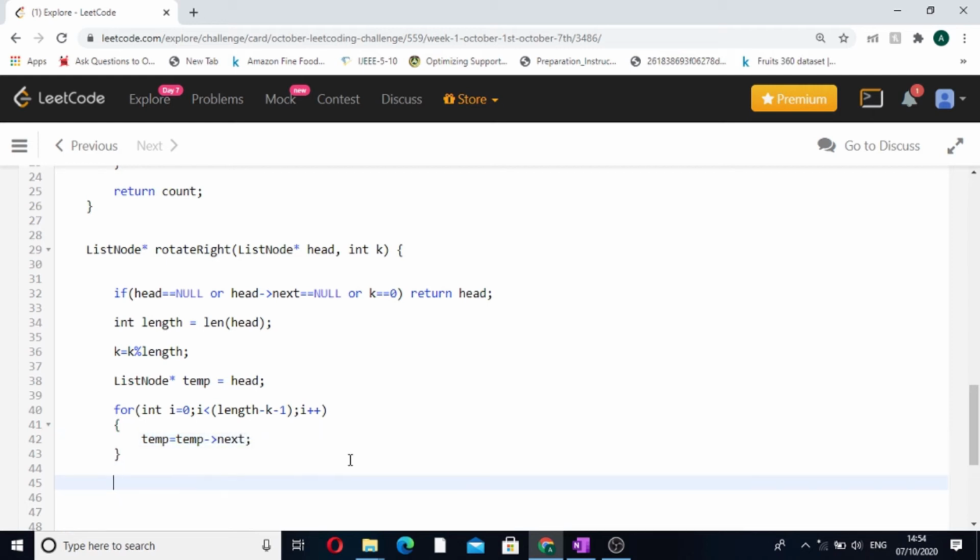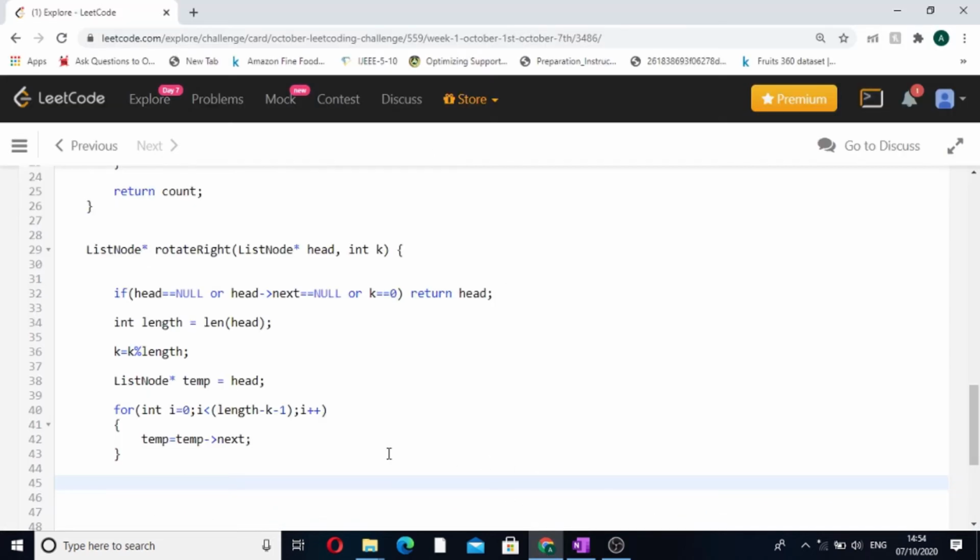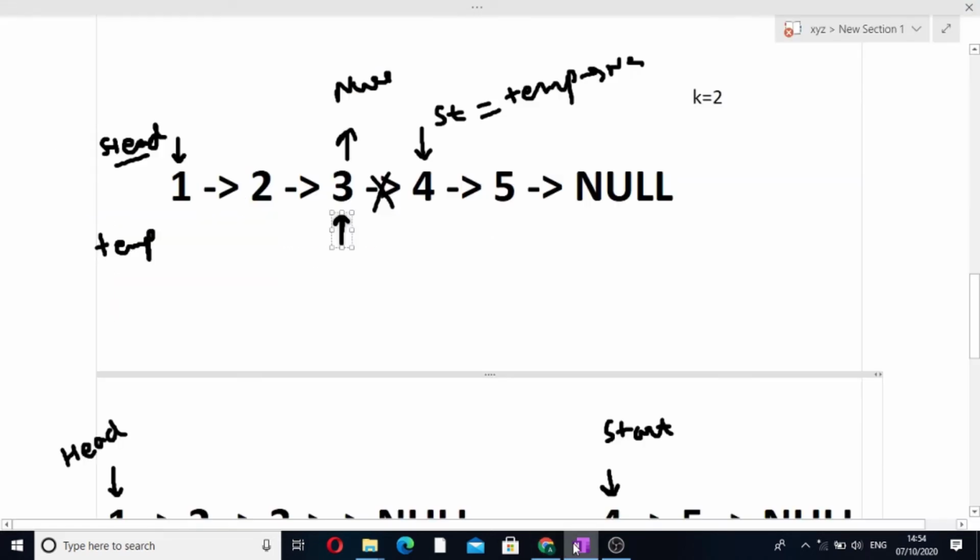After this loop is over, what will happen? Our temp was initially at the head. After this loop is over, our temp will be pointing to the breaking point of the linked list. That means at this point we have to break this linked list into two parts. So what will be our next step? We have found the breaking point, and now we have to break the list.